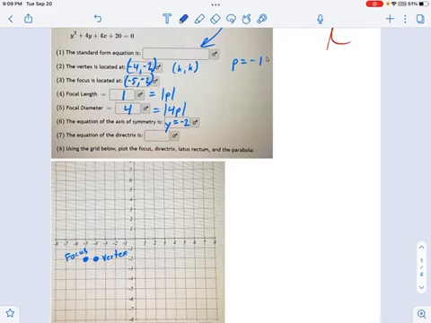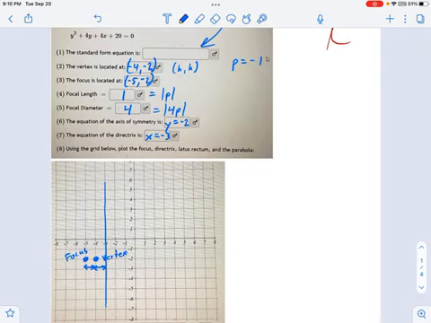And now we're just about ready to draw this thing. I've got one more thing to iron out, the equation of the directrix. If you remember what the directrix is, that is a line perpendicular to the axis of symmetry, so it's a vertical line, and it's going to go like this. The reason I'm drawing it right here is because the distance between the vertex and the directrix has to be the same as the distance between the vertex and the focus. It's another focal length away. So that vertical line where I drew it right there is going to be x equals, and we look at the x-coordinate, that's -3. Okay?